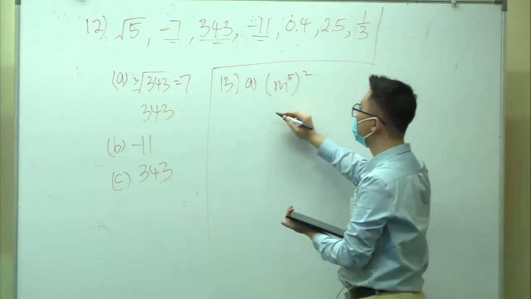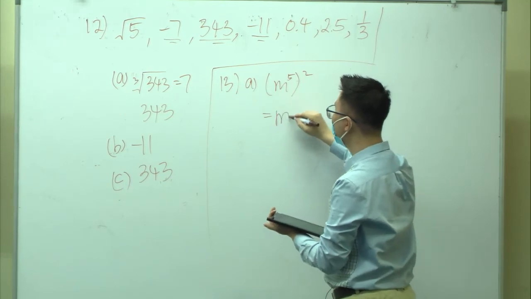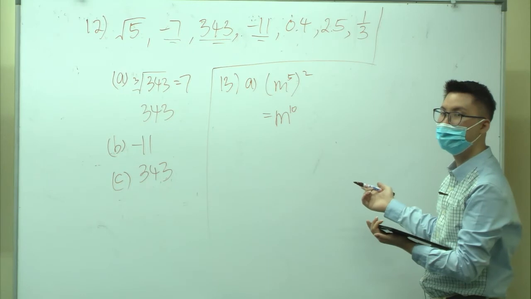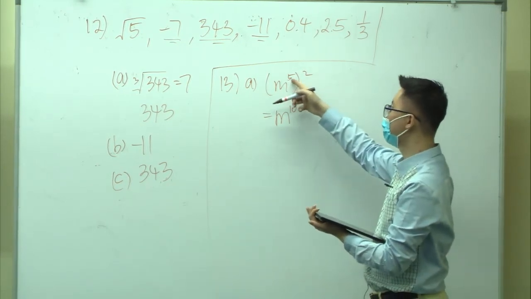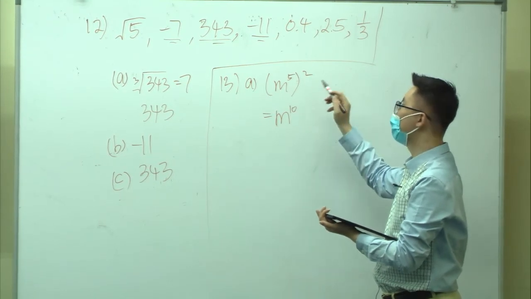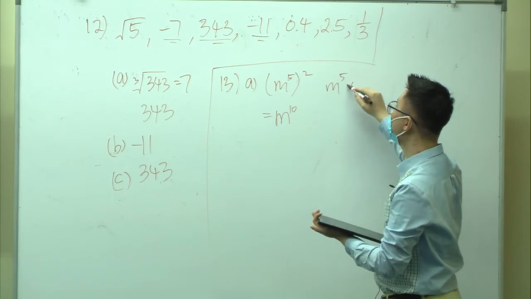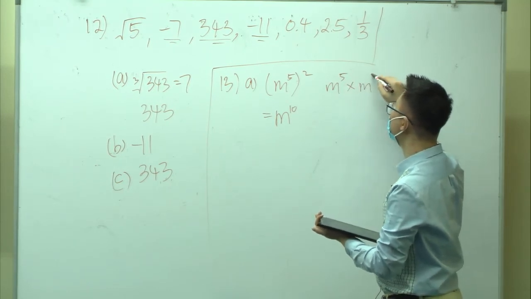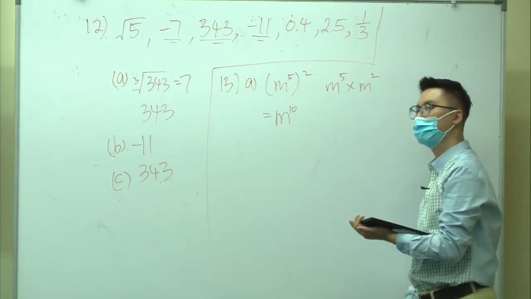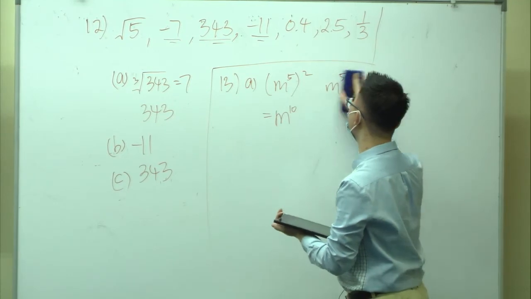Very easy, huh? This one, you take the power times this power, you get m to the power of 10. That's all. This is times, not plus. Don't take this as 5 plus 2. This is not that case. If it were the case of 5 plus 2, you'd have m to the power of 5 times m to the power of 2. For this case, you take the power times this power, but not for that one. Okay? This just simply means